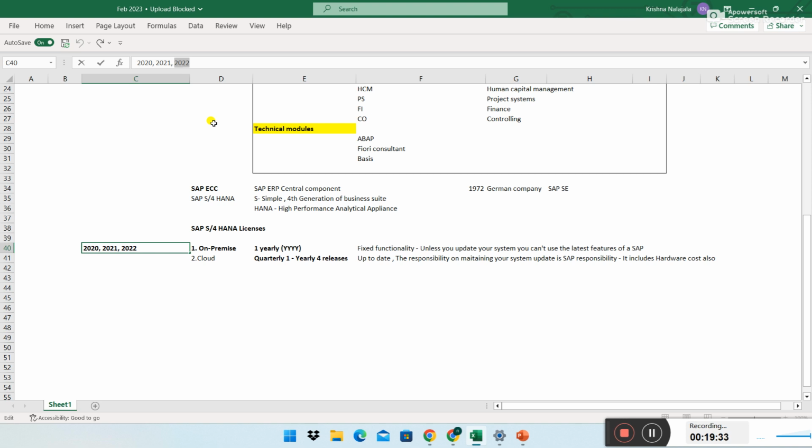So with my current functionality, I'm happy, my business is running. If I want to use the functionalities related to 2022 separately, I have to ask SAP to update me with the additional features added in the 2022 on-premise license.